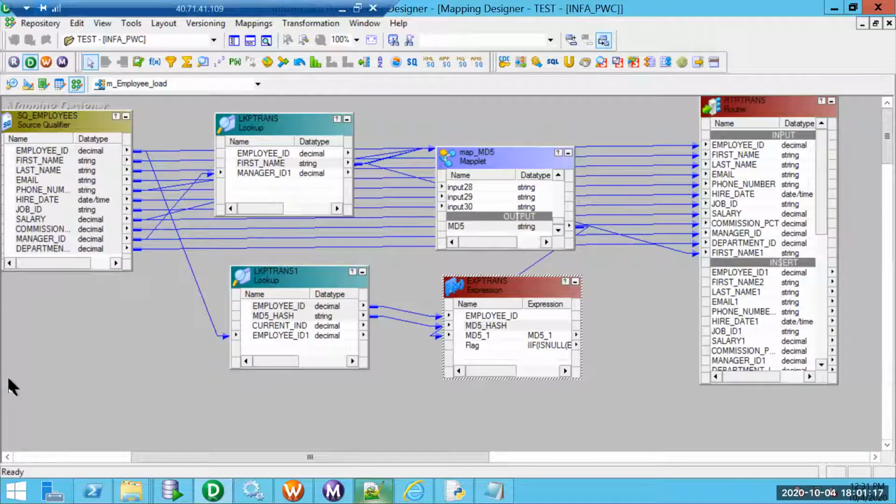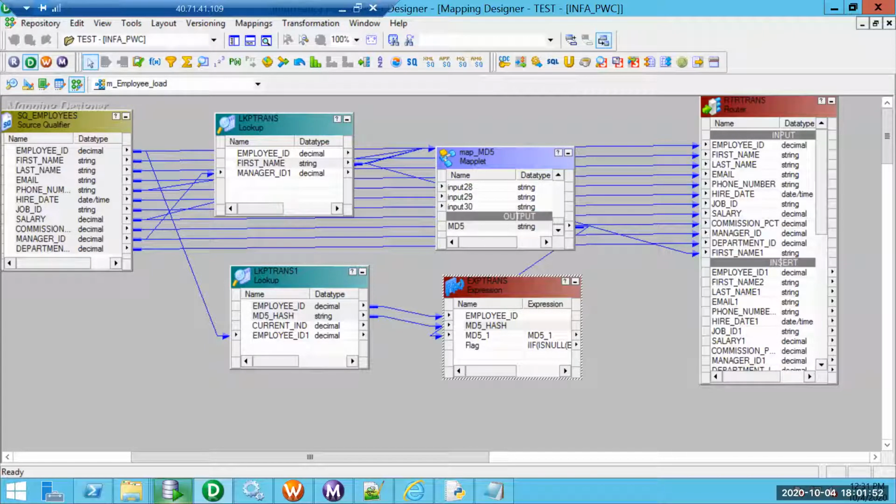Now another important aspect is that employee ID itself cannot act as a key. If I try to define that as a key, then we cannot uniquely identify the records, because if there is a change on phone number or on manager ID, we are inserting new records. So we need to have a surrogate key.